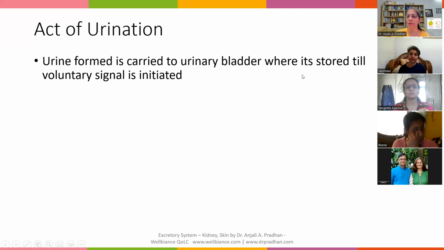It is stored till a voluntary signal is initiated. जैसे वो स्टोर हो जाती है, थोड़े टाइम के बाद, थोड़ा वॉल्यूम कलेक्ट होने के बाद, you will get the urge, बट इट इज रिफ्लेक्स एक्शन रहता है, क्योंकि the signal is through the lower part of the spinal cord. तो उसके बाद जो there are stretch receptors, these receptors are present in